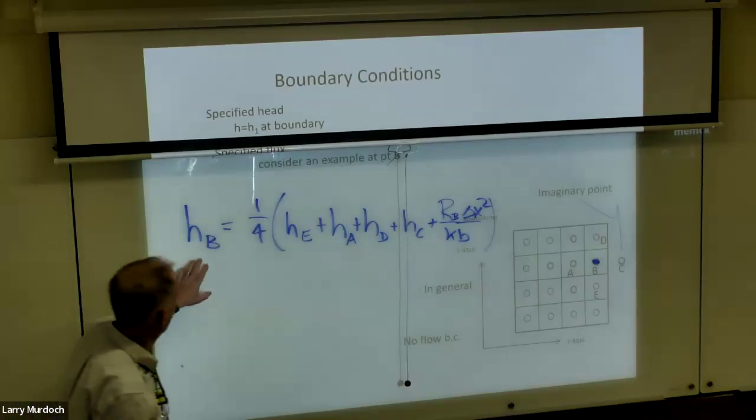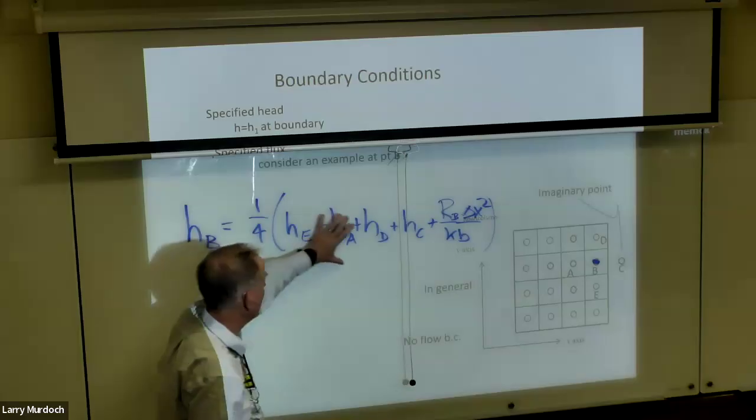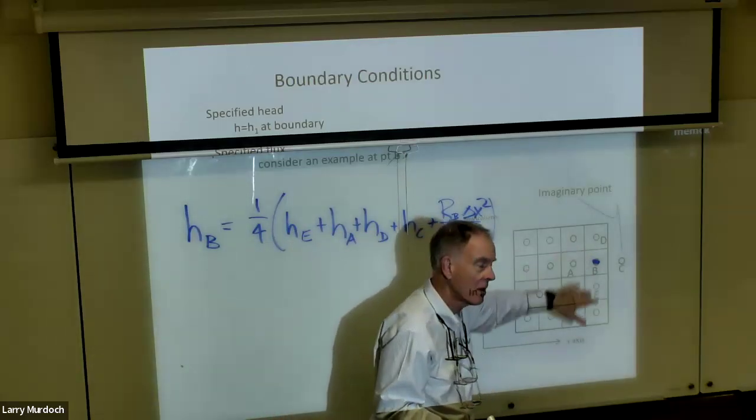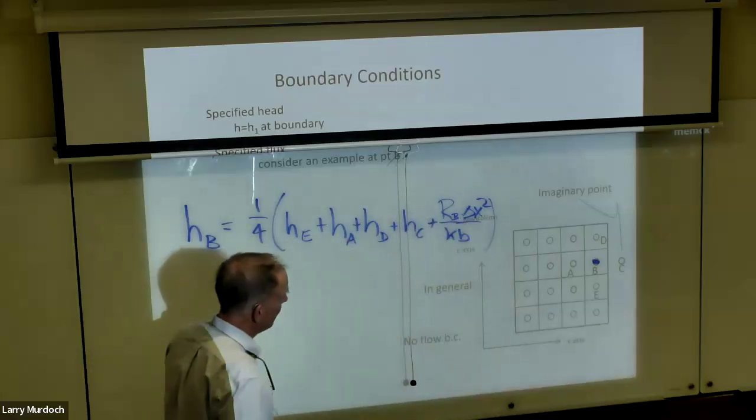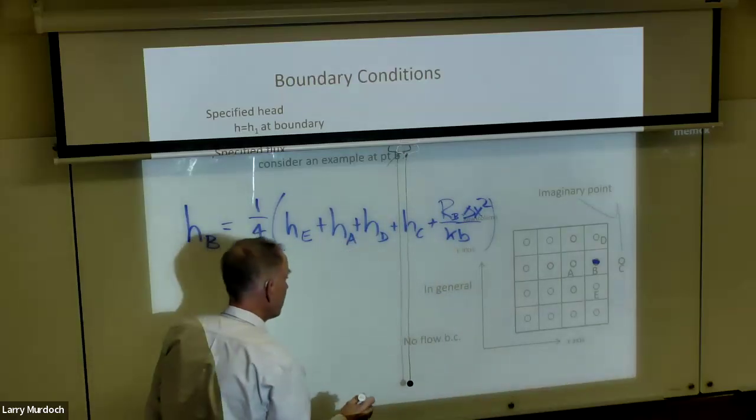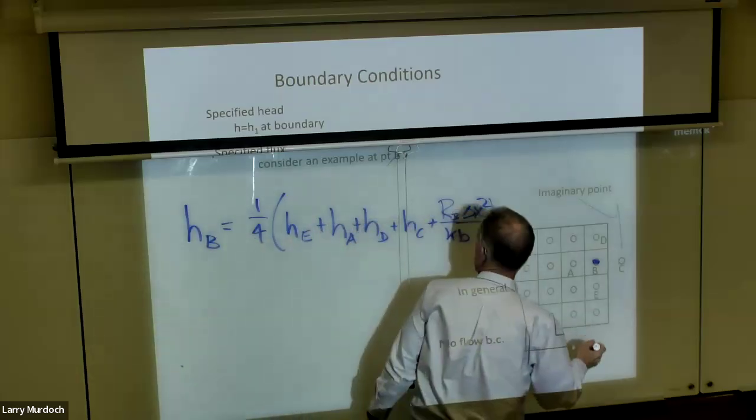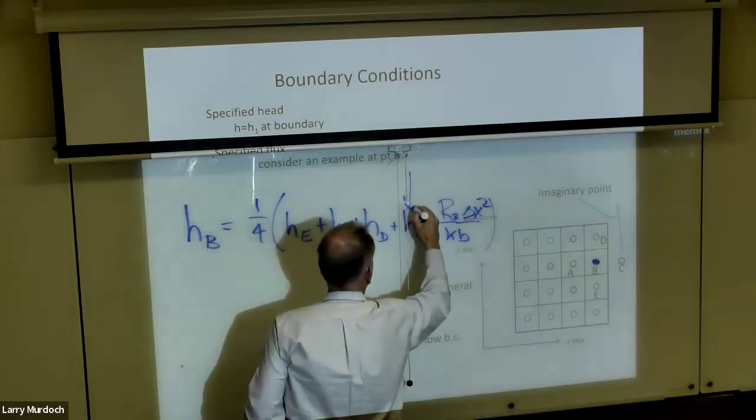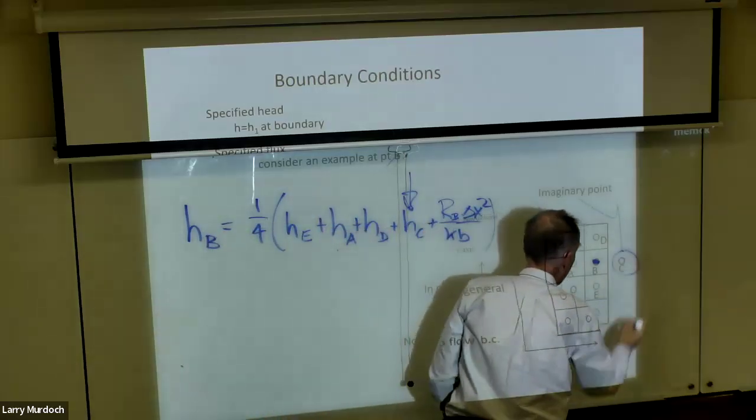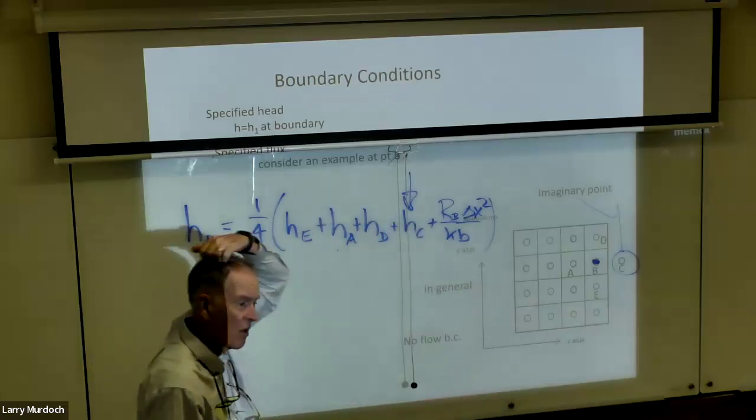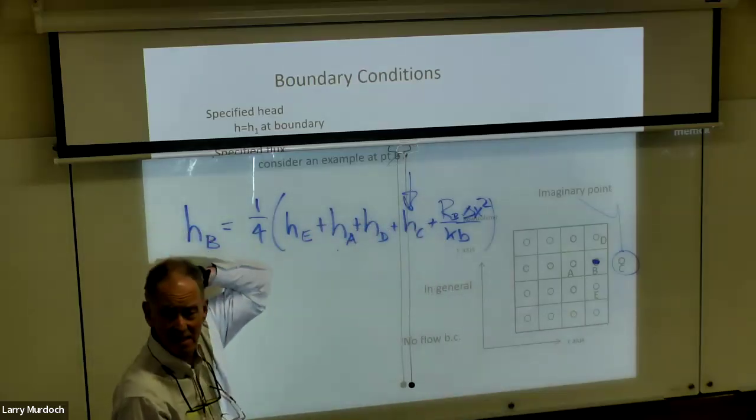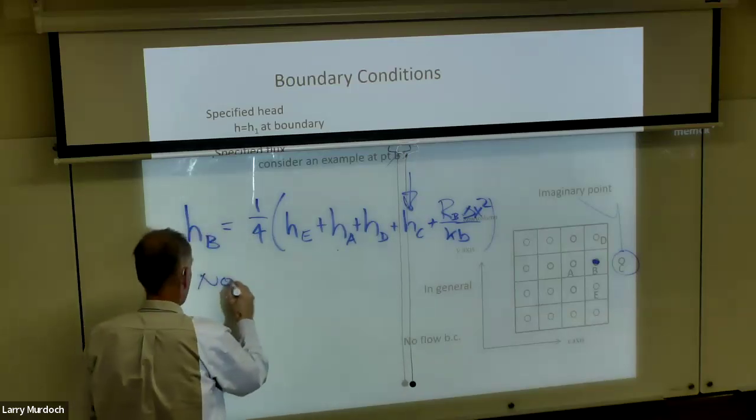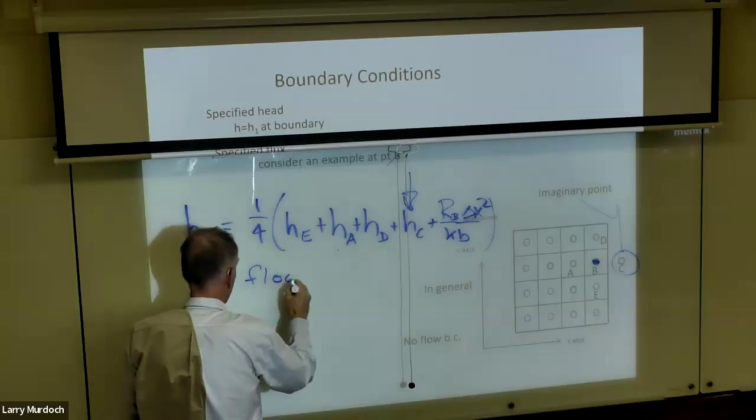Okay, so this is the form of the equation that applies everywhere. So it would apply here. But if it's a no flow boundary, then we don't know what that one is, right? Because this is outside of the domain. So we don't know what that head is. But if it's no flow at B,